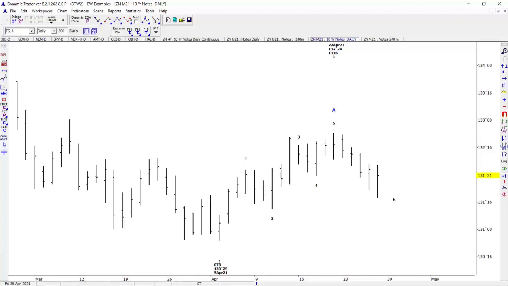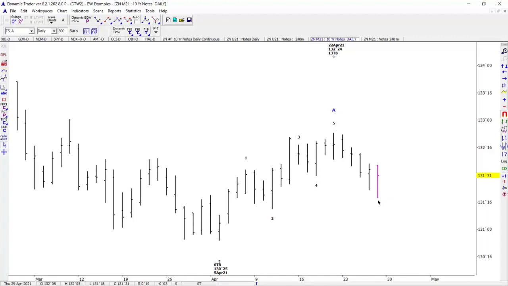Well, it certainly has corrected into the area of what a typical correction would be. The basic guideline we look at to a correction against a 5-wave impulse trend is that a correction usually is complete in the wave 4 of lesser degree. That would be within this range, and frequently right around the extreme of the wave 4. Well, we've already exceeded the extreme of the wave 4, so looks like we're in a position to have completed